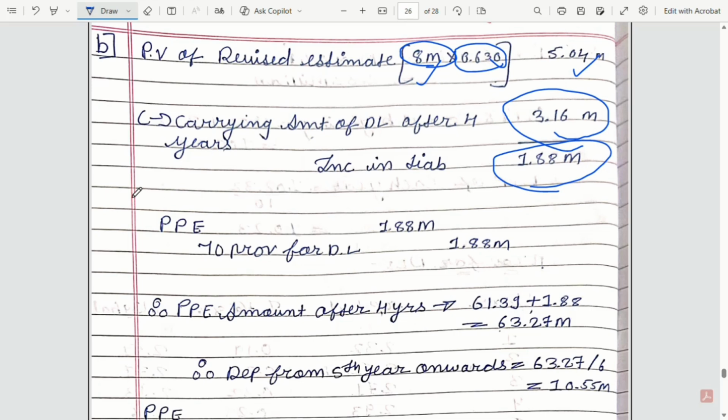सो नाउ हियर एंटिटी इज यूजिंग कॉस्ट मॉडल, तो कॉस्ट मॉडल के केस में हम लोग पीपीई को इफेक्ट देते हैं। सो वी विल मेक जर्नल एंट्री पीपीई टू प्रोविजन फॉर डीकमिशनिंग लाइबिलिटी, और इतना अमाउंट से हम लोग इंक्रीज करेंगे पीपीई को एंड लाइबिलिटी को भी।